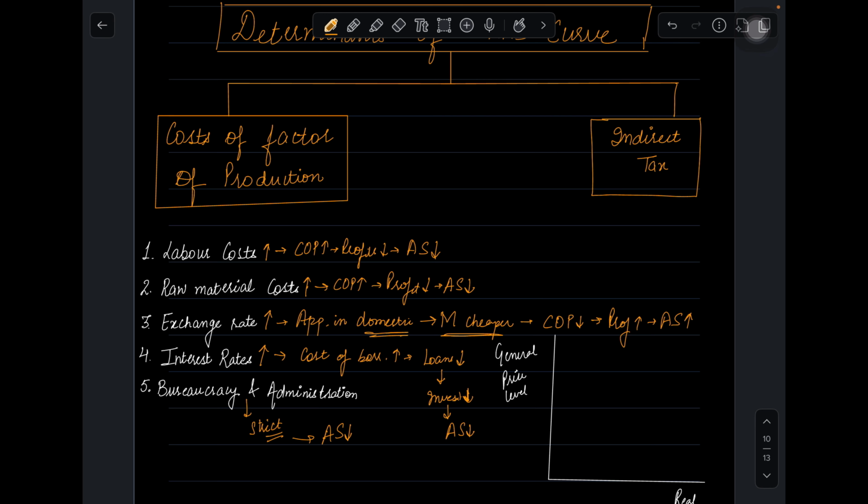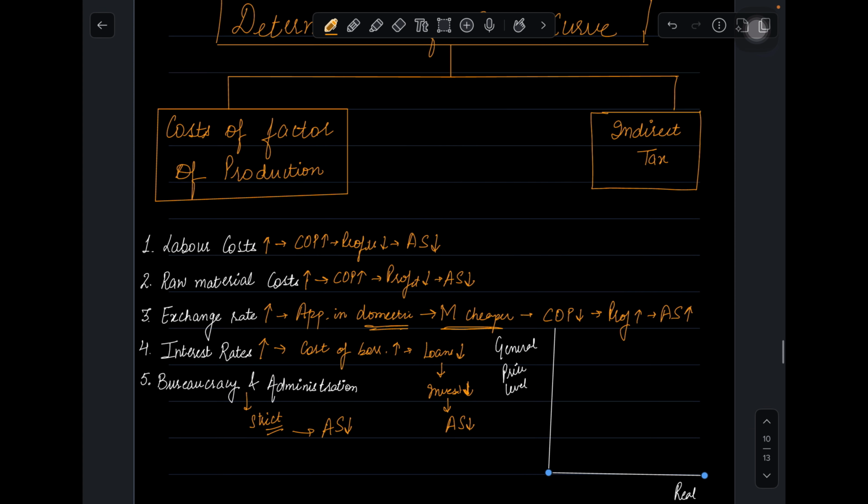These were the part of cost of factors of production. Then we have indirect tax. So indirect taxes are the taxes which are basically charged on your expenses. This is the tax which increases the cost of production if charged on the raw material, and also increases the price for the customers as well. That means if indirect tax increases, cost of production will increase. Increasing cost of production will reduce the profits and hence aggregate supply will decrease. It was all about the determinants of